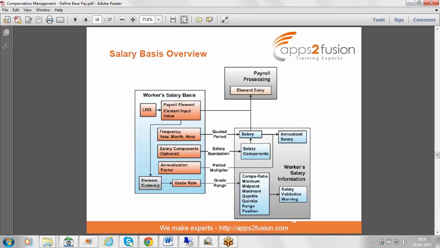Whereas the grade rate which you have selected will be used in identifying the midpoint, minimum grade or maximum grade to be given for the particular employee. So these all aspects are involved in processing the payroll. These things are main, as I told you, even the salary basis is also a part of core HR, because unless you have the salary basis configured, you won't be able to have the salary mentioned for employees. Correct.